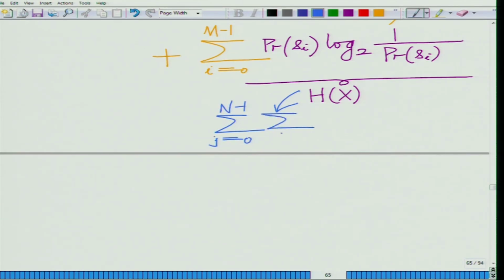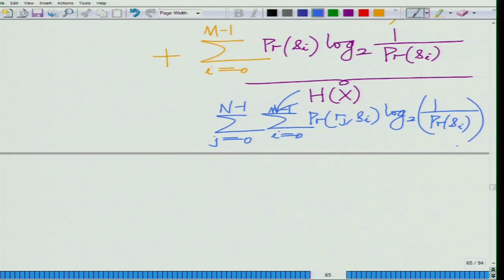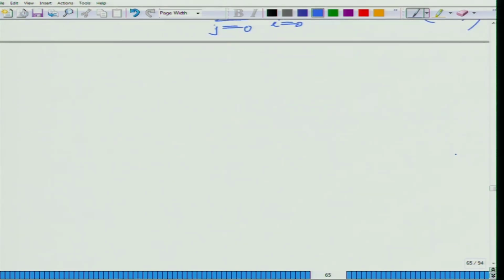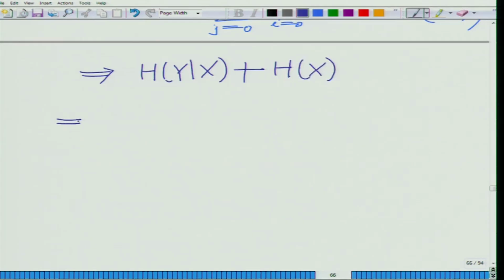I can also introduce a summation over all j equal to 0 to m minus 1 of probability of Rj, Si, times 1 over probability of Si, and therefore, h of y given x plus h of x, you can see this is basically